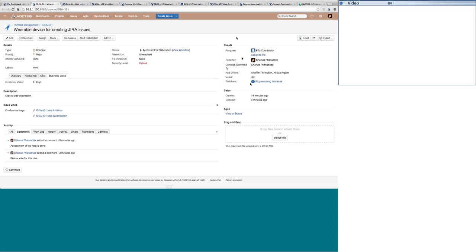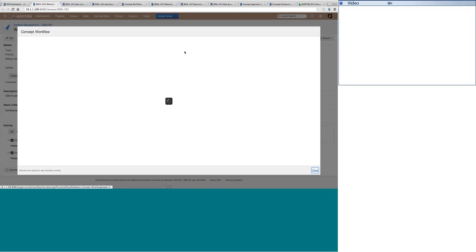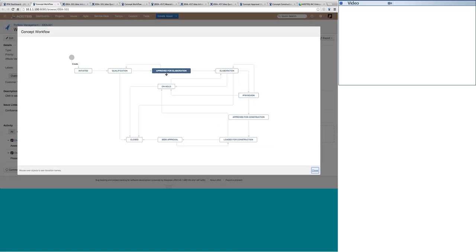Now let's see what is happening in the workflow. Where are we? So we are in the approve for elaboration. Now, if we think from the approve for elaboration perspective, this is nothing but a bucket, a status that is just a bucket to hold all the ideas that are qualified but yet to be elaborated. Now, if we see the elaboration, there is a little more detailed case than qualification. We try to gather as much information as we can in elaboration from the market perspective, from the technical perspective, the ROI, the measurement of your business value and whatnot.